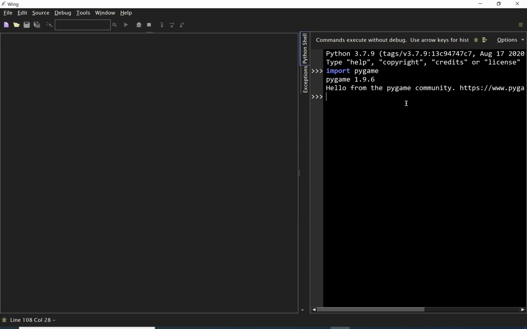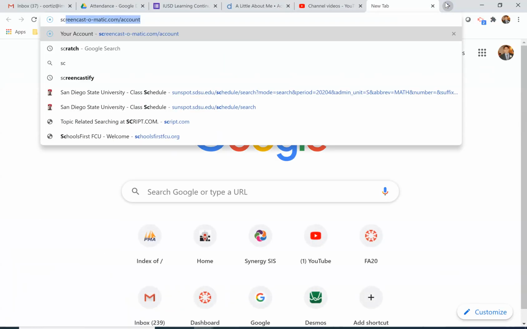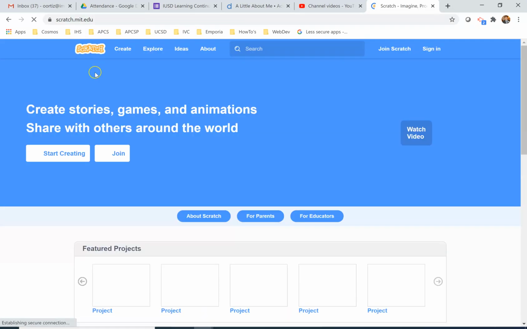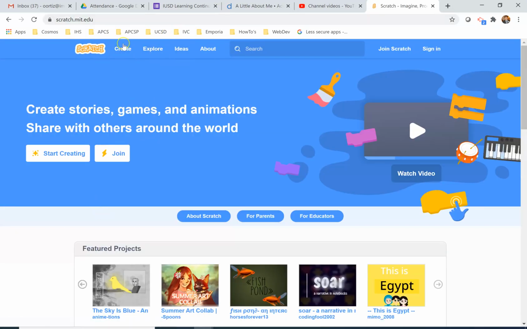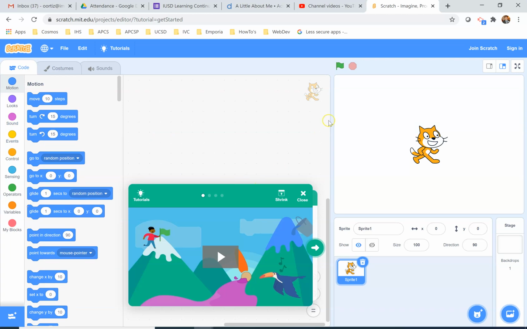But this right here, Python, is what we use to write code in a text-based environment. We are also going to use Scratch. Now, if you've taken the Intro to Computer Science course, you've obviously worked with both of those environments. But this is Scratch. It is a block-based programming language created by MIT for the sole purpose to teach students how to write code. And so if I go to create, this is what I mean by block-based programming, where in Scratch, instead of actually writing text-based commands, we're going to be using these blocks, and we're going to drag those blocks and drop them here,